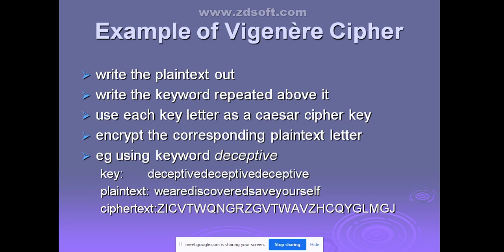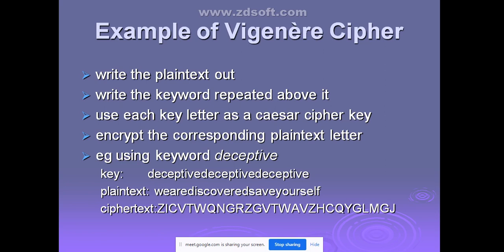So how does the Vigenère cipher work? Every time, the key letter is added to the plain text value. For example, in this plain text the letter W will be added with the key letter D, right? You need to add the plain text with the keyword every time to get the cipher text value. But the keyword contains only 9 letters, while the plain text has more than 9 letters.